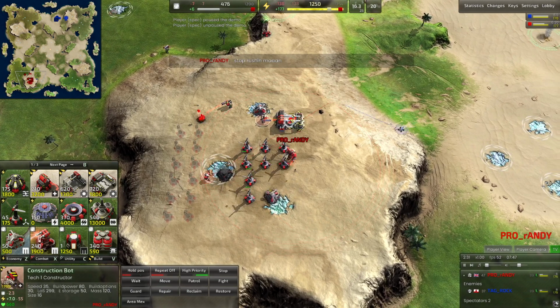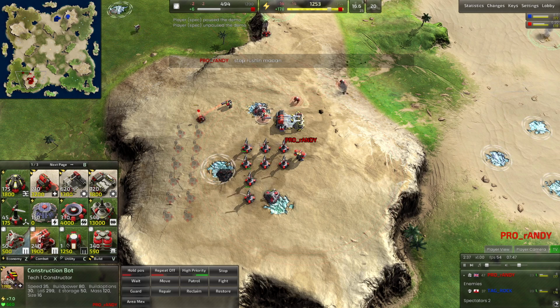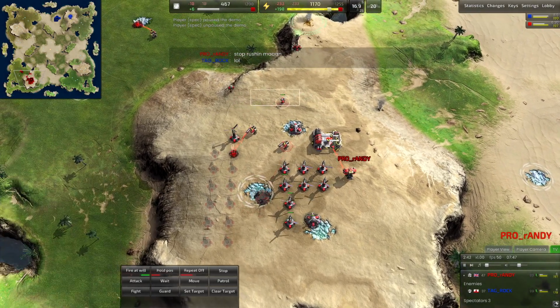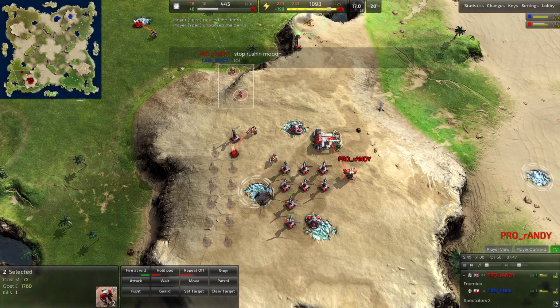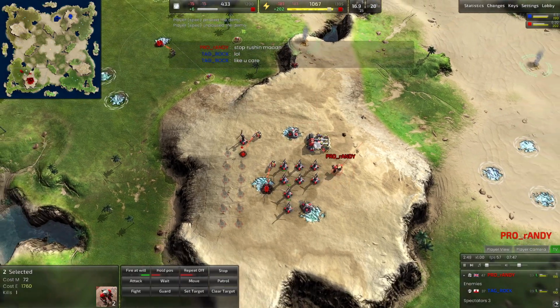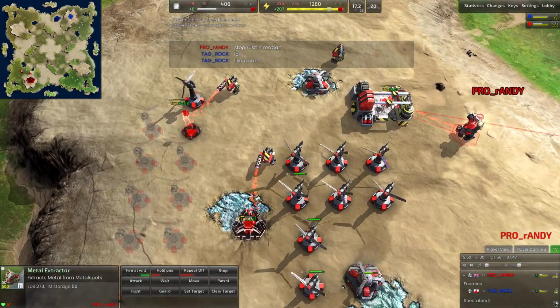Randy's offering his dissatisfaction with the Rock's build order here, choosing to go for these early rovers. And I think I actually missed a build order on this, so we have two grunts out and a little deviation. I'm sure Randy didn't want to have to remake this metal extractor